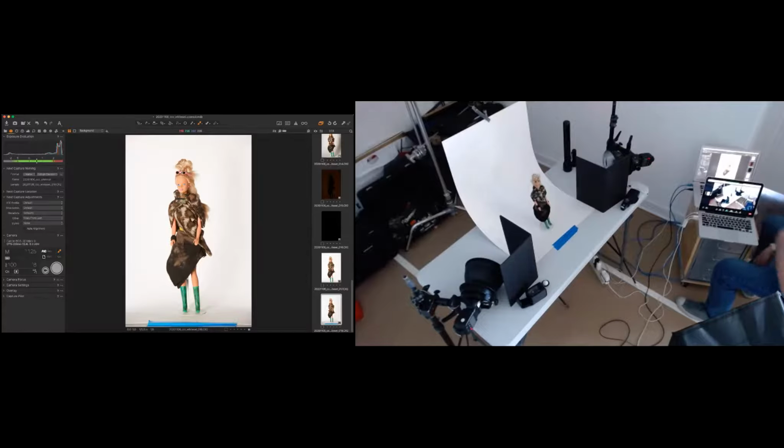Can I just turn this side light up? Why can't I just add a third of a stop to this light and not that one? Why do these have to be even? My background's not even. That's true. So I'm not adding any lights. I'm not going to do any of that. I'm going to add a third of a stop to this guy right here. So that's my B light.